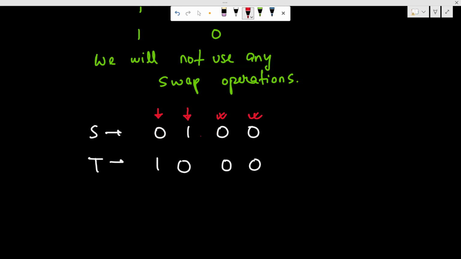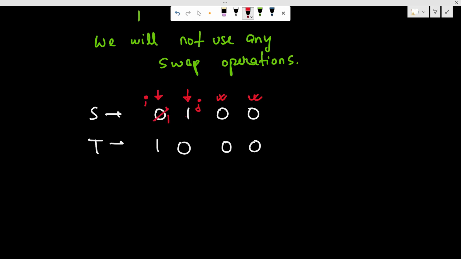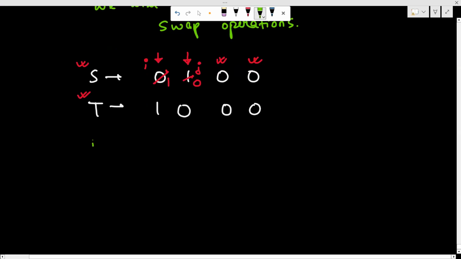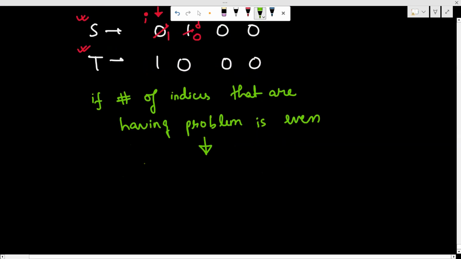If yes, can I say that if I choose this index as i and this index as j and perform the flip operation, then this will turn to 1, this will turn to 0, and the string s will become exactly equal to string t? Yes. So can I say that if the number of indices that are having the problem is even, then